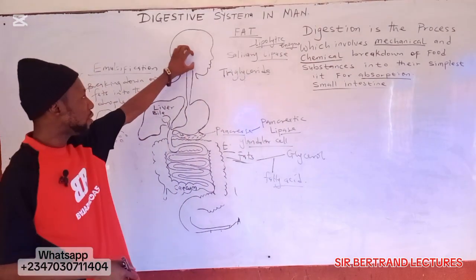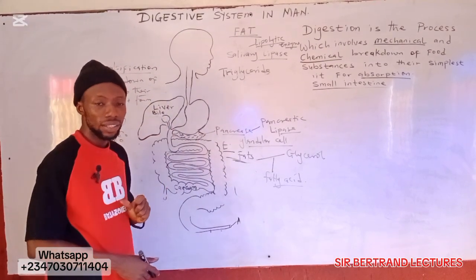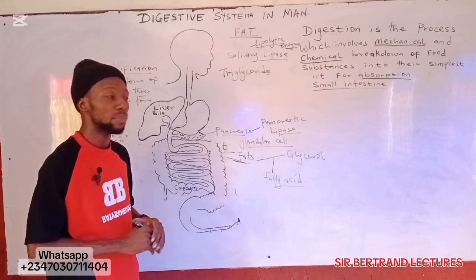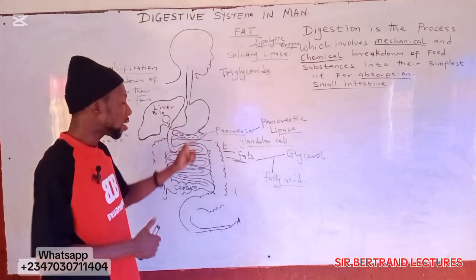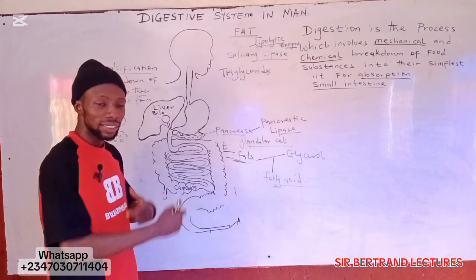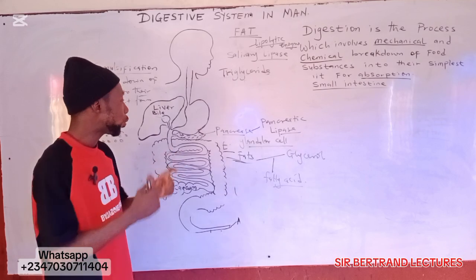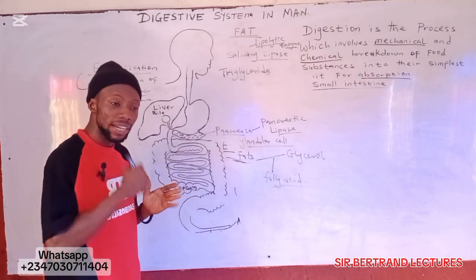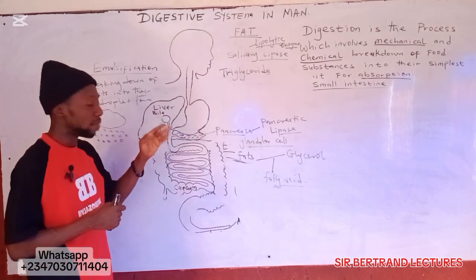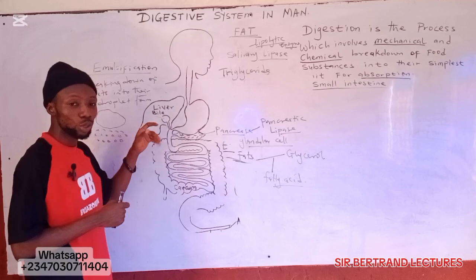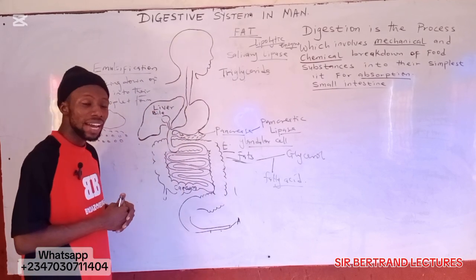Remember, the effect of fat digestion in the mouth is very, very slight. It's as good as saying that there is no digestion there because the fat has not been emulsified. In the stomach, the gastric juice and the hydrochloric acid will also help to facilitate digestion, but that effect is not effective until the fat is emulsified by the bile produced by the liver and stored in the gallbladder. It is emptied into the duodenum through the bile ducts.